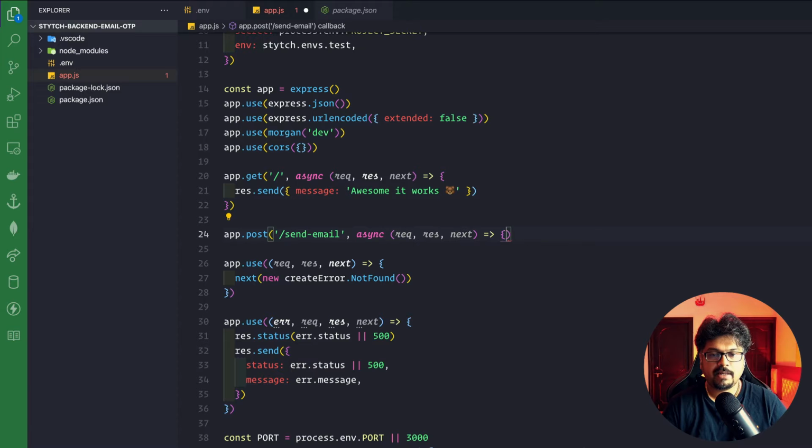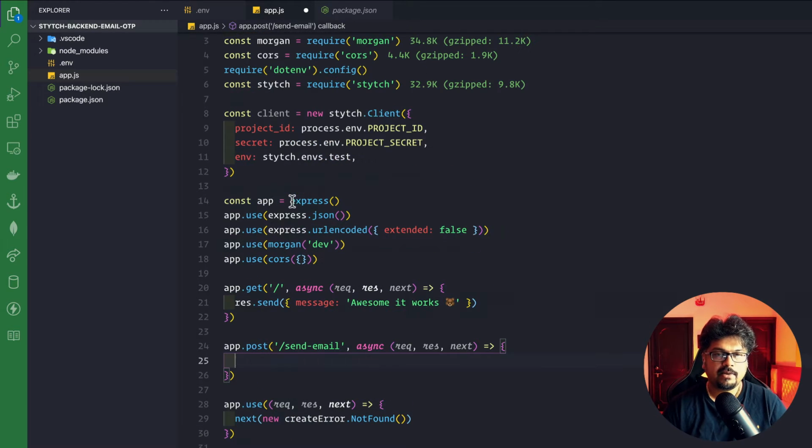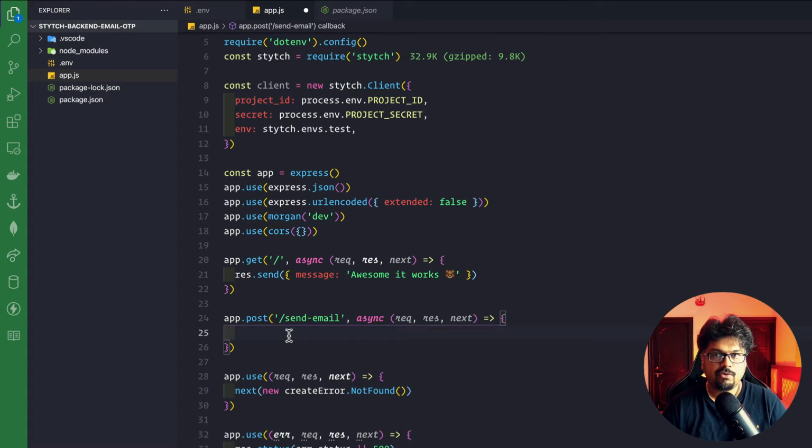So let me copy and paste that piece of code from here. That is this callback here. And here what we can do, we can use this client here. That is this client that we just initialized. And here we can extract the email from the request.body thing, because eventually we would be